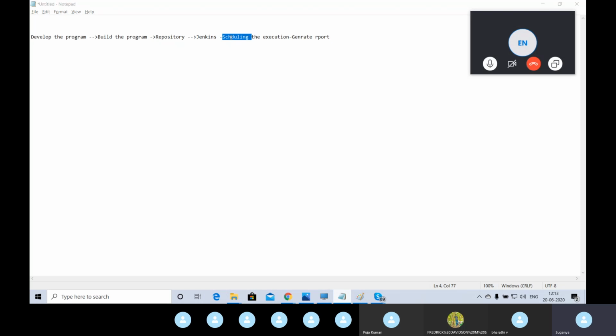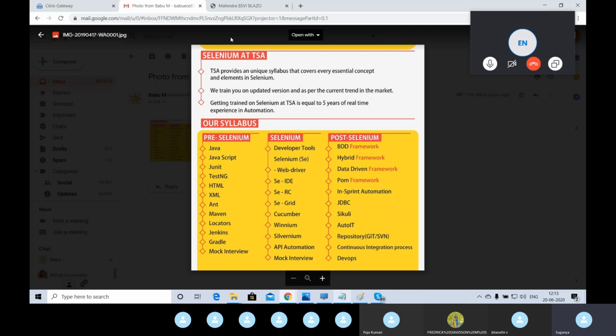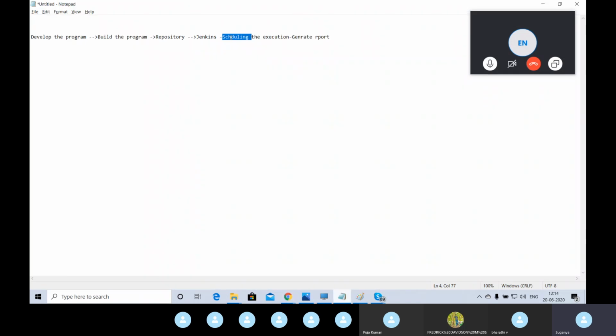But in DevOps, you no need to schedule or manually trigger your script. Additional to this, whenever your dev team deploys their build in the test environment, automatically your automation trigger will execute.